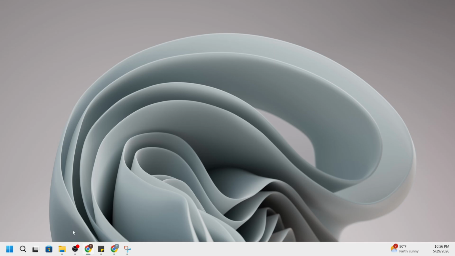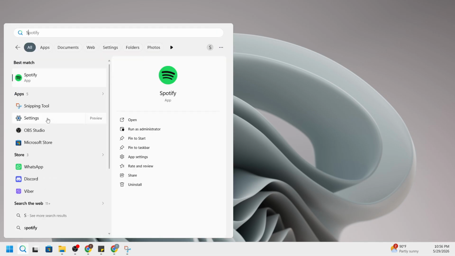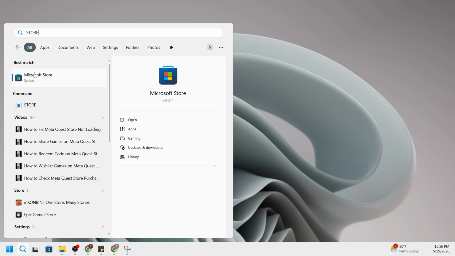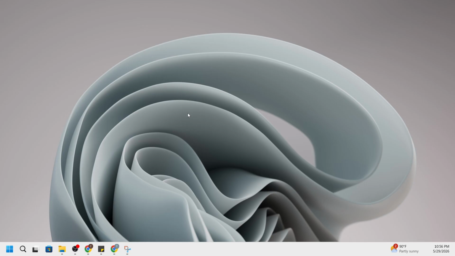Let's start with the most familiar option, using the Windows search bar. Press the Windows key on your keyboard to bring up the Start menu in the search field. Without clicking anything else, just start typing Microsoft Store. As you type, you should see the Microsoft Store appear at the top of the results, usually with an icon that looks like a white shopping bag with a colorful logo. If you prefer using your keyboard, press Enter to launch it. If you're using your mouse, click the app icon.